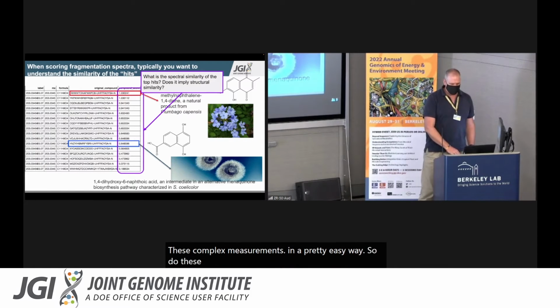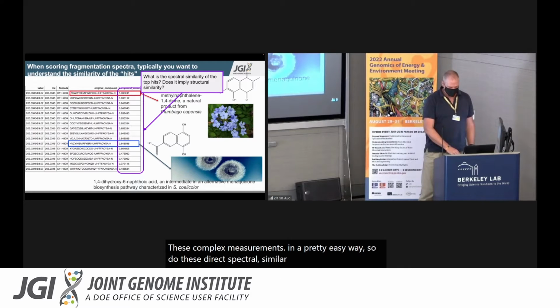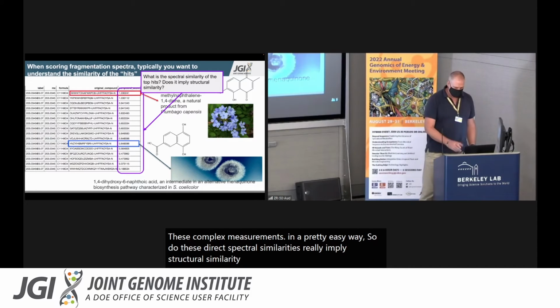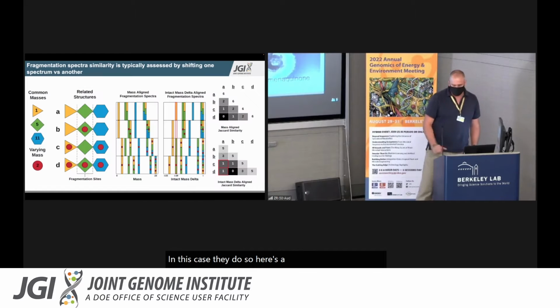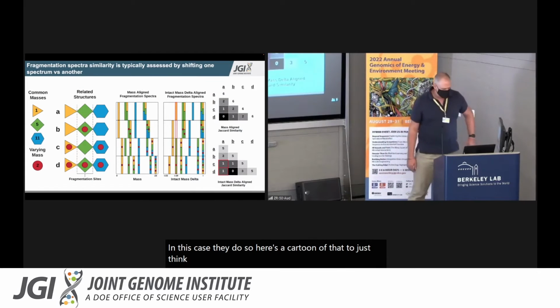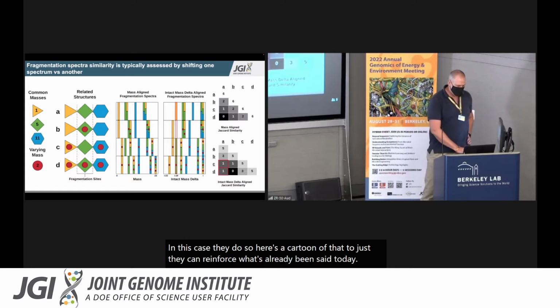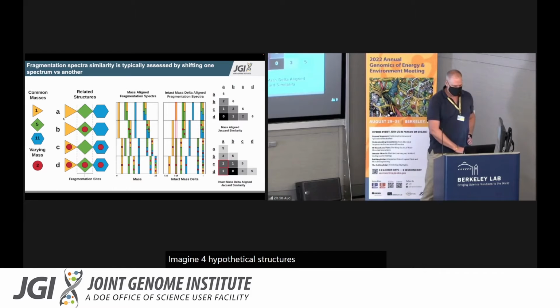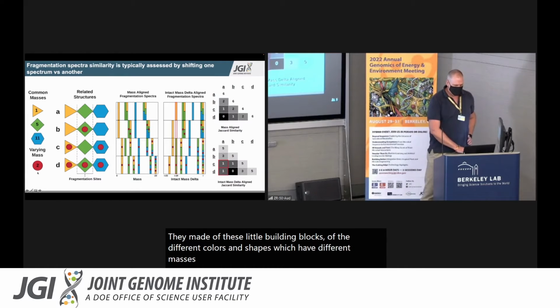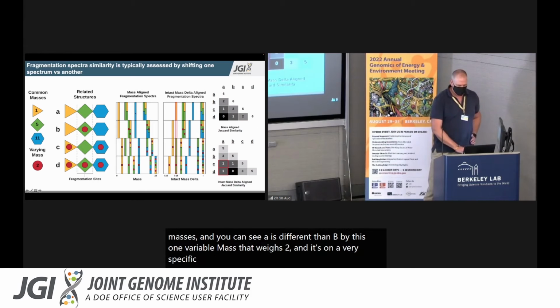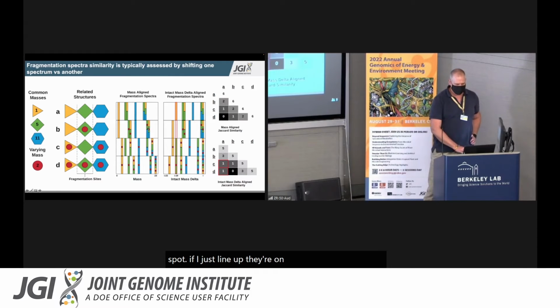So do these spectral similarities really imply structural similarity? In this case, they do. So here's a cartoon of that to just, again, reinforce what's already been said today. Imagine 4 hypothetical structures, A, B, C, and D. And they're made of these little building blocks of different colors and shapes, which have different masses. And you can see A is different than B by this one variable mass that weighs 2, and it's on a very specific spot. If I just line up their ions, but this x-axis is mass,